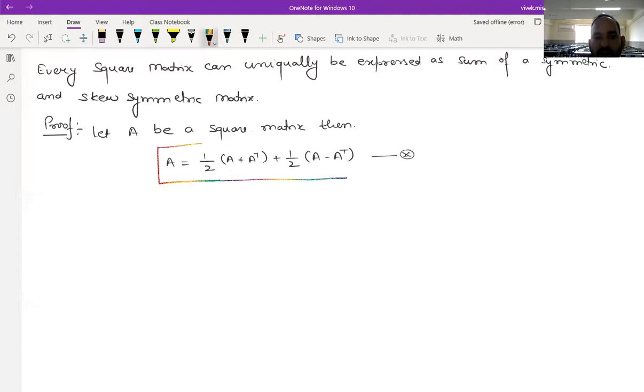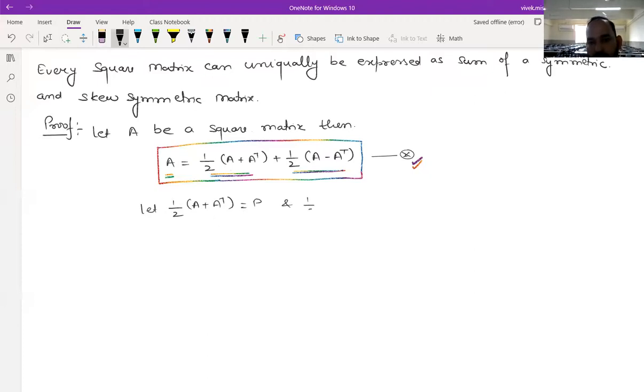अच्छा, अब second important thing है कि आपको ये याद रहना चाहिए, जब आप किसी मैट्रिक्स A को एज अ सिमेट्रिक एंड स्क्यू सिमेट्रिक मैट्रिक्स एक्सप्रेस करना चाहते हो, तो ये A को कैसे हमने ब्रेक किया था, ये फर्स्ट लाइन आपको याद रहनी चाहिए। अगर आपको याद नहीं है तो आप एग्जाम में बैठ के सारे लाइट पंखा गिन डालोगे, कुछ नहीं होगा। ठीक है, अभी आगे बढ़ते हैं। So A can be written as this। Okay, let 1/2 (A plus A transpose), इसको एक मैट्रिक्स बना देते हैं जिसका नाम दे देते हैं P, and 1/2 (A minus A transpose) is Q। Then my A will be written as P plus Q।